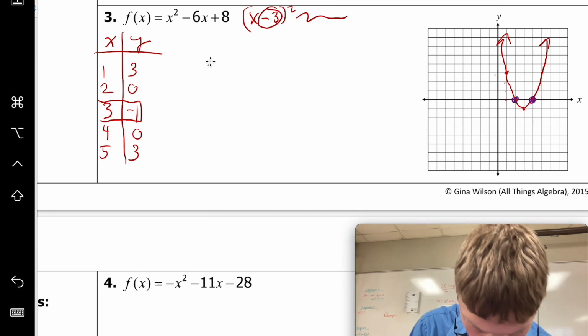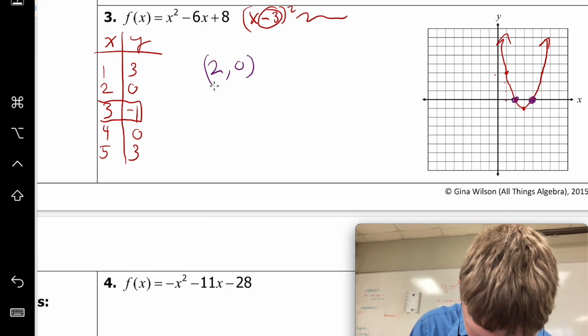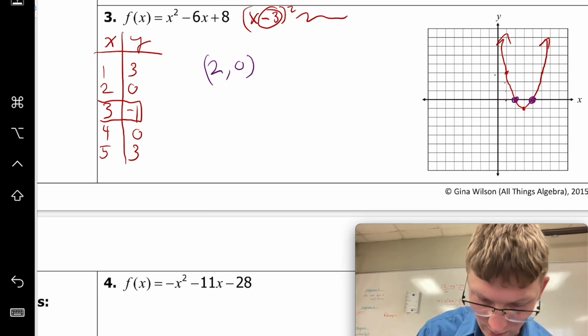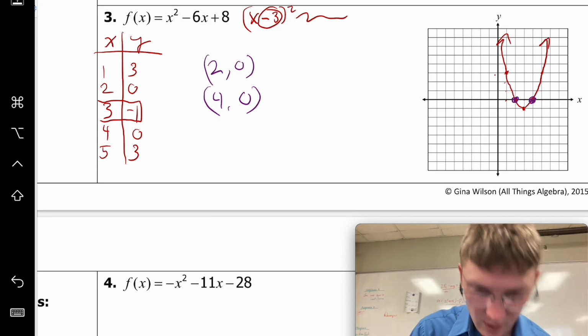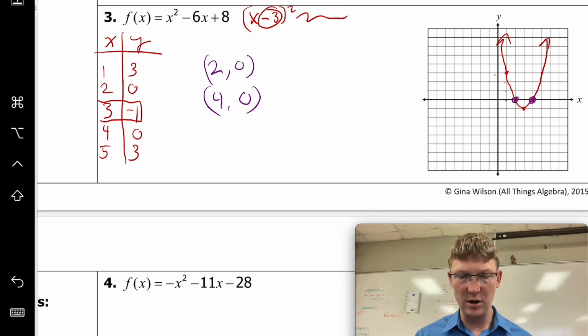X, Y. So that's 2, 0. Yes, I forgot which one my X and Y's were for a second. And 4, 0. So your answer is going to be the points 2, 0, and 4, 0. Or the zeros of the function is 2 and 4. Again, all these different vocabulary words mean where does the